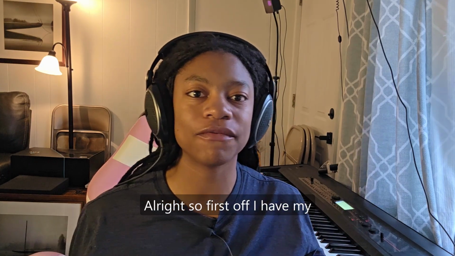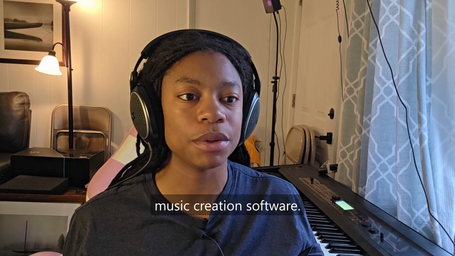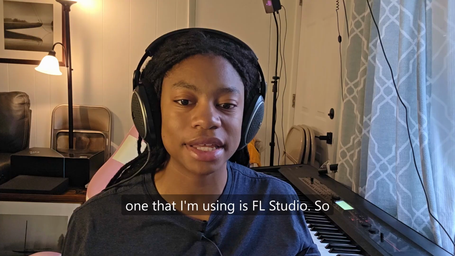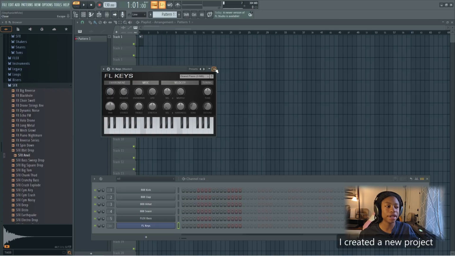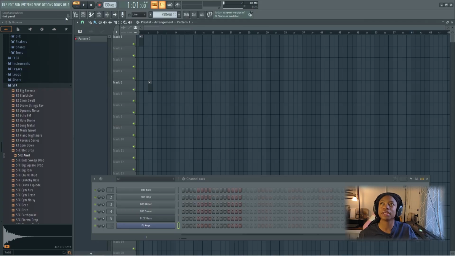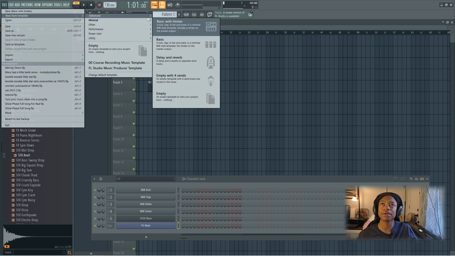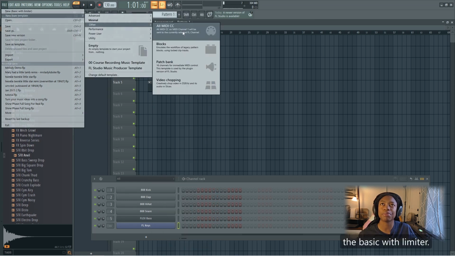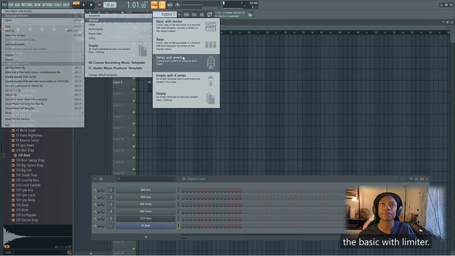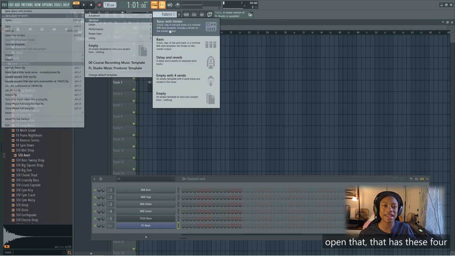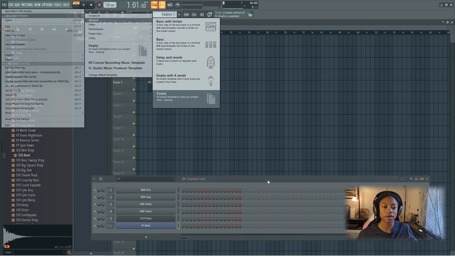All right, so first off, I have my music creation software. You'll hear it known as a DAW. The one that I'm using is FL Studio. So I created a new project here. So File, New from Template. You can start off with the basic with limiter. So the basic with limiter, if you open that, that has these four